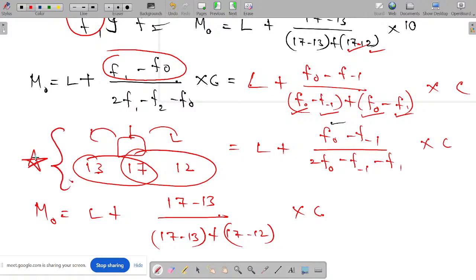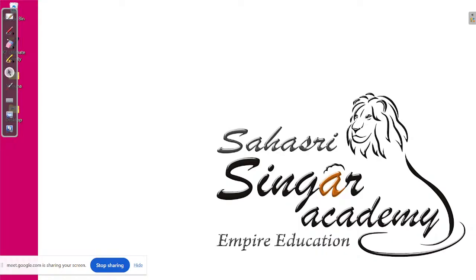So please fix this in your mind. Whatever formula they dictate in the exam, take it. Because sometimes the formula will be given as F naught, F1 and F2. Sometimes the formula will be given as F naught, F minus 1 and F1. So accordingly,